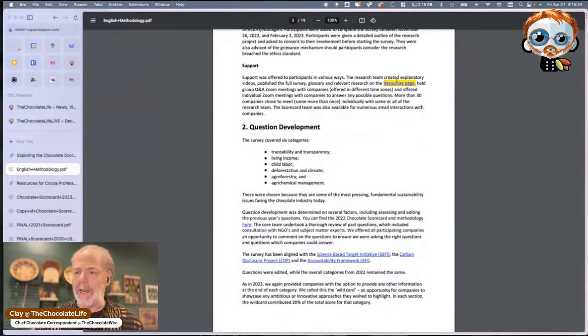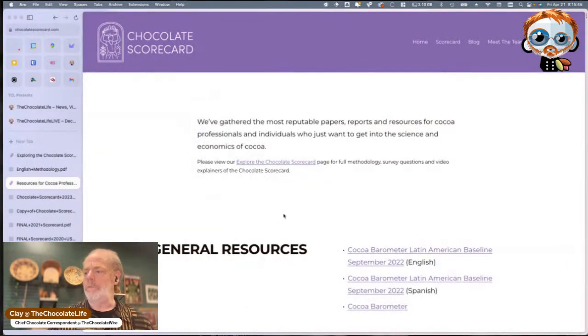We click on this highlighted yellow one. For some reason, all the links are not highlighted yellow, not certain. It says here, the research team created explanatory videos, published the full survey, glossary, and relevant research on the resources page. Well, if you actually go to the resources page, you'll find,